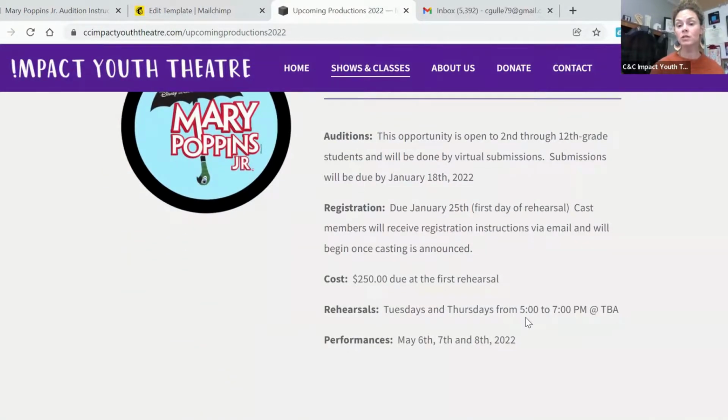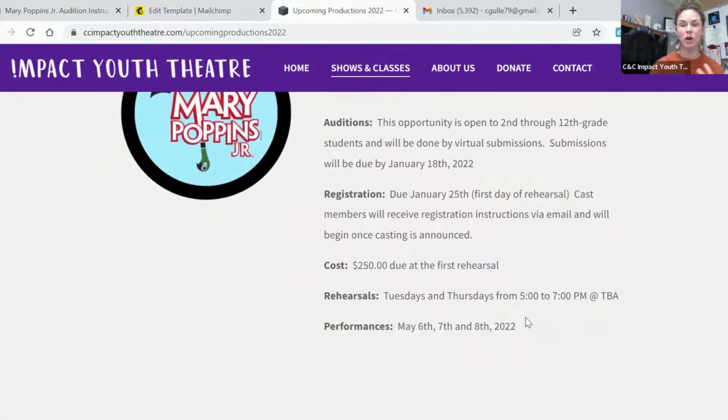I have changed the times of rehearsals because we are chasing the sun. We have to find a different place in Hardburger Park, and that is to be announced as soon as I find a place that will house us. But rehearsal times will now be from 5 to 7, which will give everybody enough time to get to that rehearsal place, and we will have a good 2 hours to rehearse.